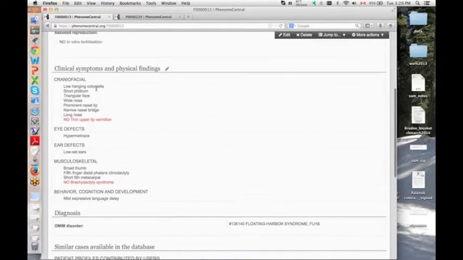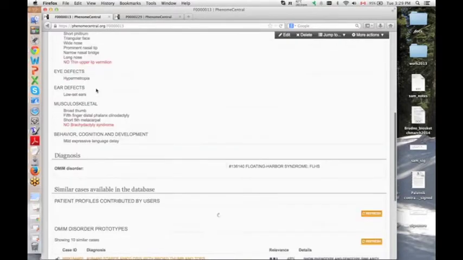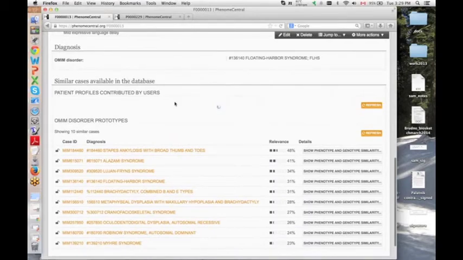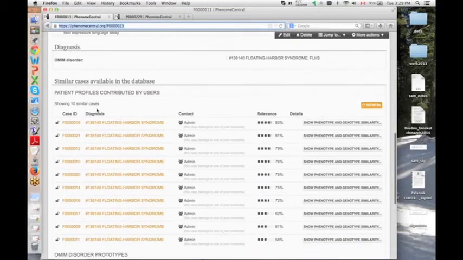So this is one of the Floating-Harbor patients that was contributed to PhenomeCentral by the Care4Rare Consortium. And once this field loads, you will be able to see the similarity to other patients that are in PhenomeCentral. There we go.